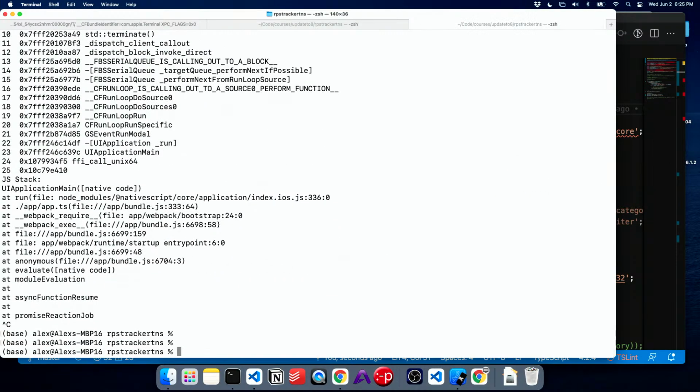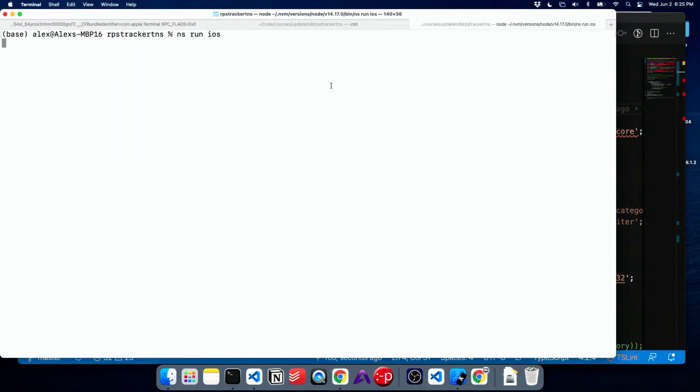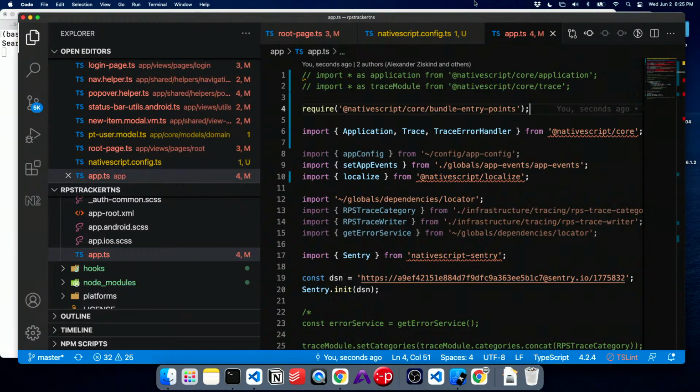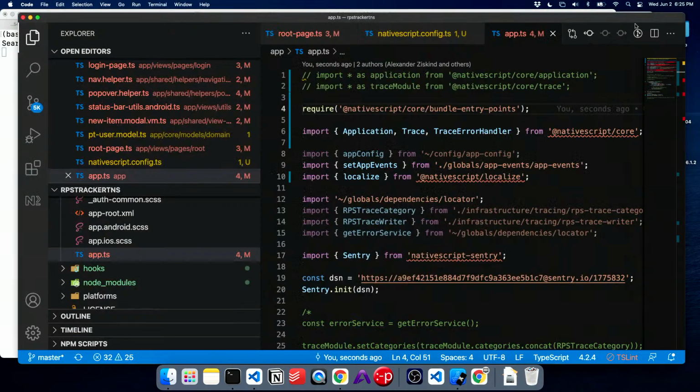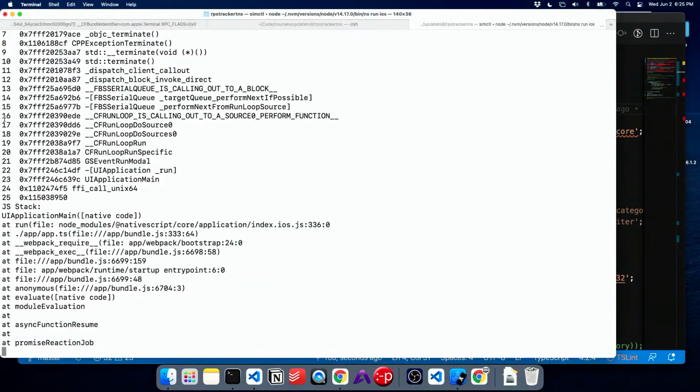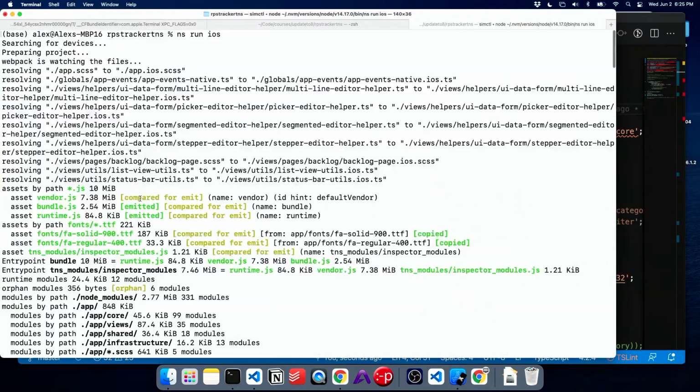So let's build that again. And I saved that file. Yes, I did. Now, what is that? What is this bundle entry points? Bundle entry points kind of relates back to the XML builder, so everything related to the standard view markup with NativeScript, and it's possible that something's not getting included in the build because it seems to point at that app root,